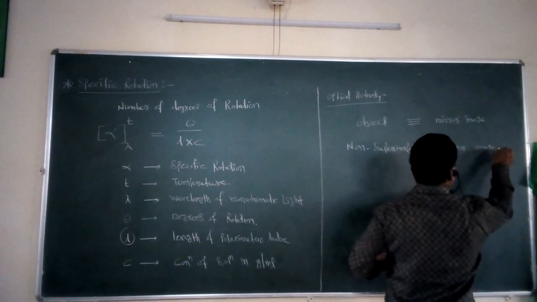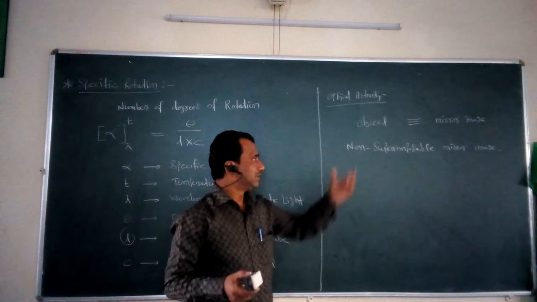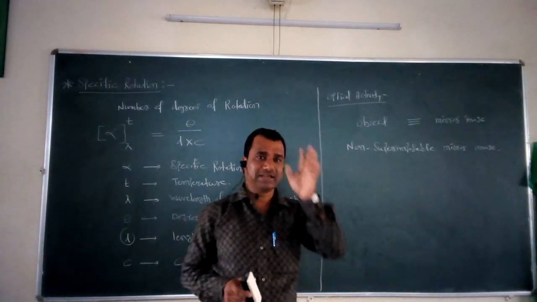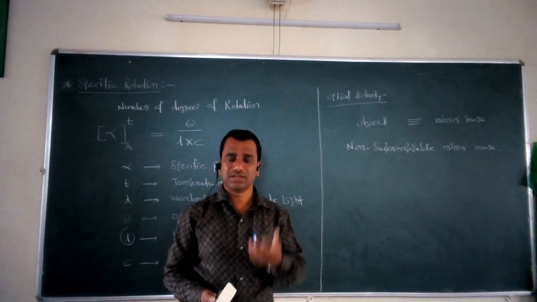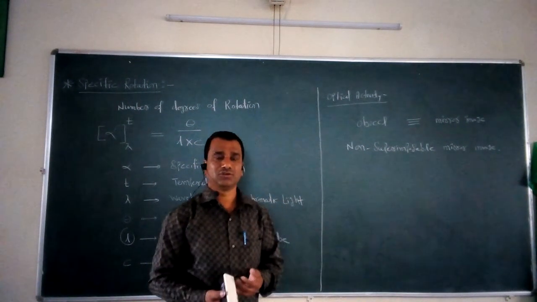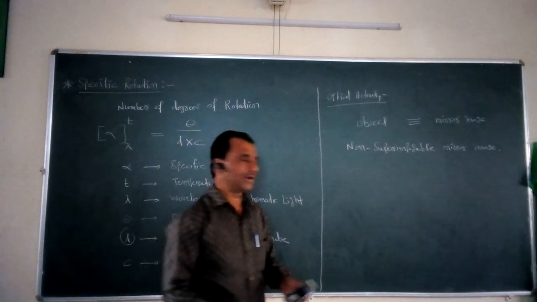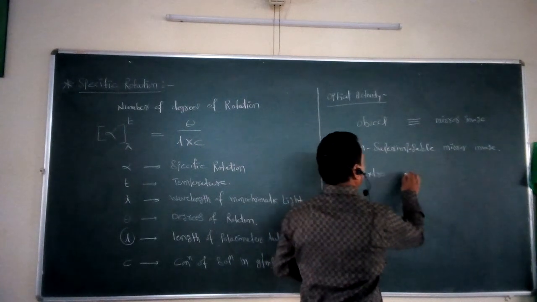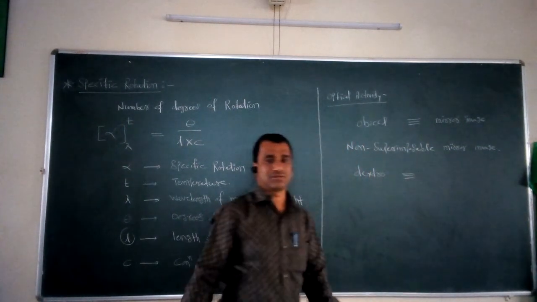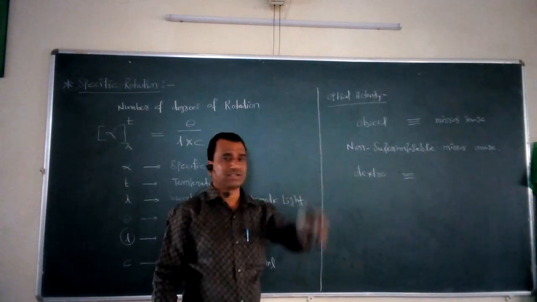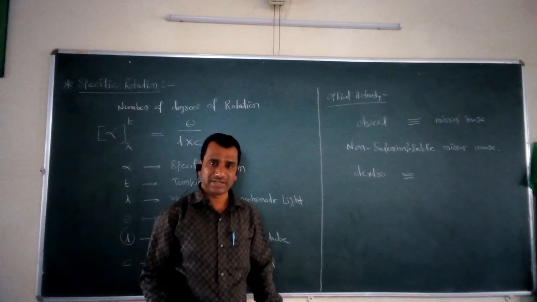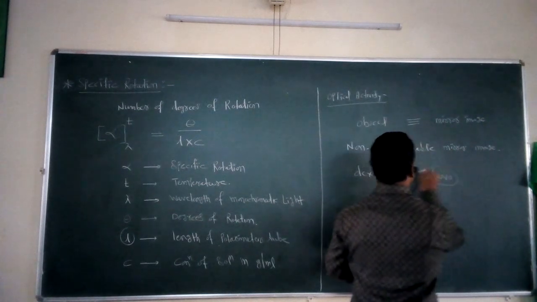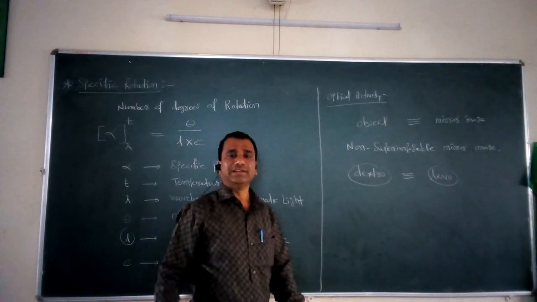If a molecule or object has a non-superimposable mirror image, at that time we can say that the molecule is to be treated as an optically active molecule. Suppose our original compound is a dextrorotatory compound, and we take into consideration its mirror image, then it must be a levorotatory compound.